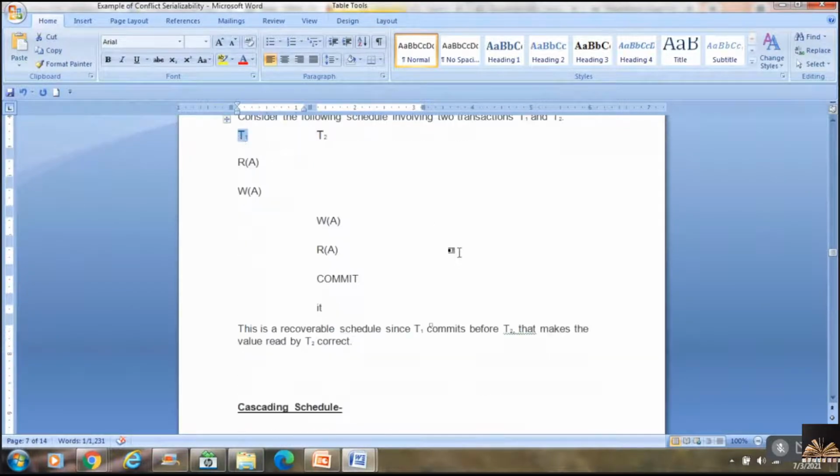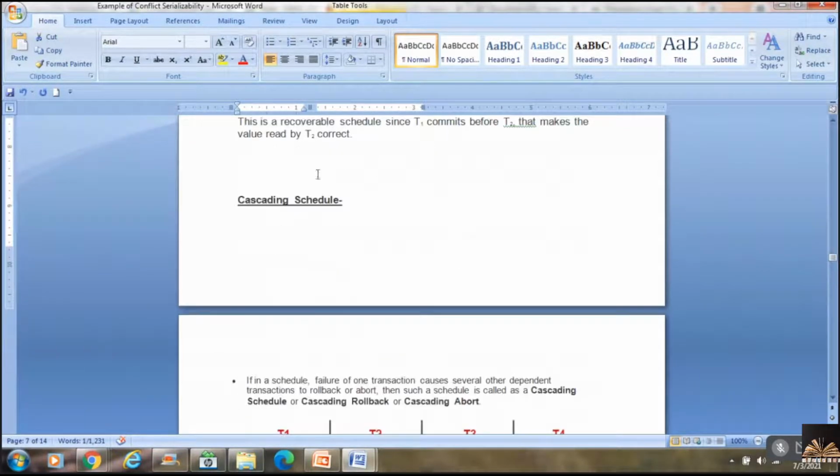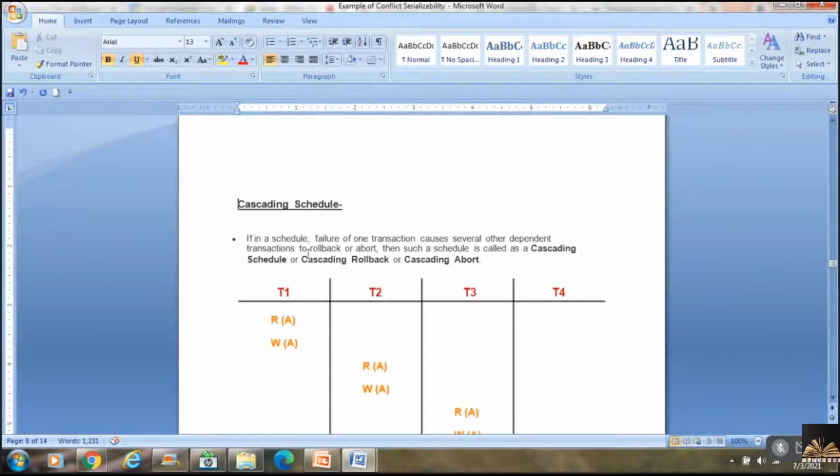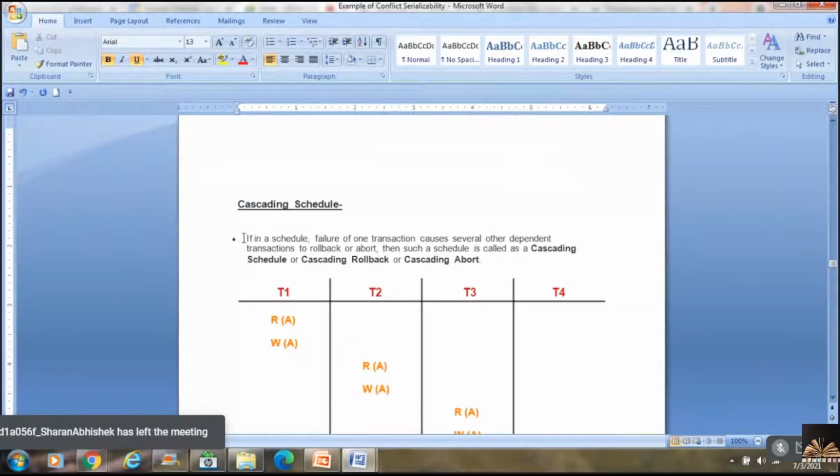Okay. And the next one is cascading schedule. So these are different kinds of schedules. Just for your understanding, you have to know them. Cascading schedules: if in a schedule, the failure of one transaction causes several other transactions to be rolled back.